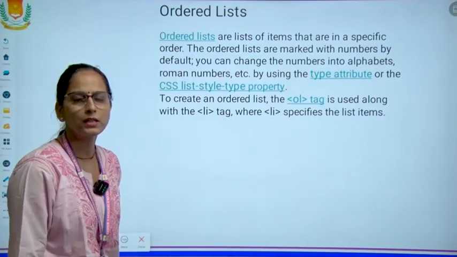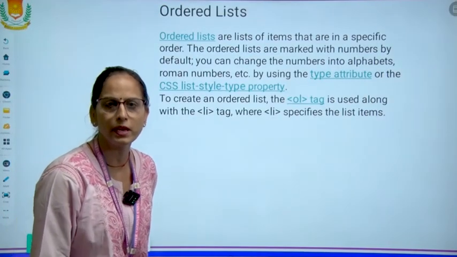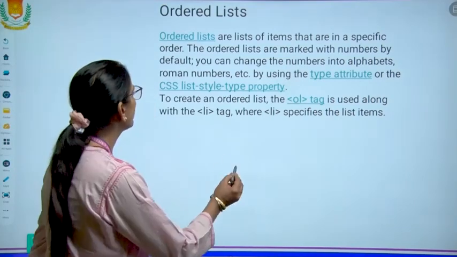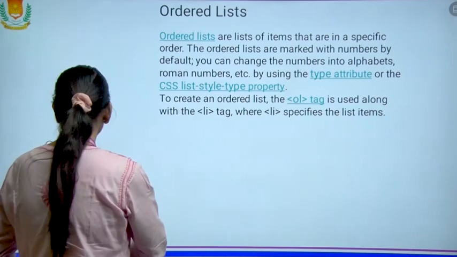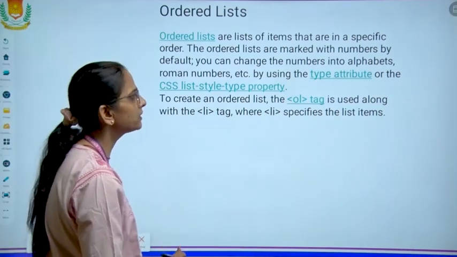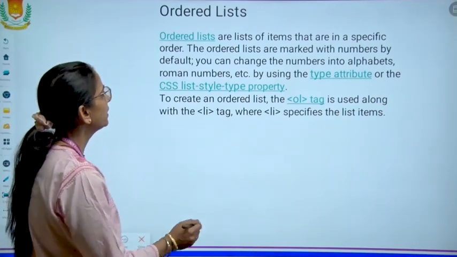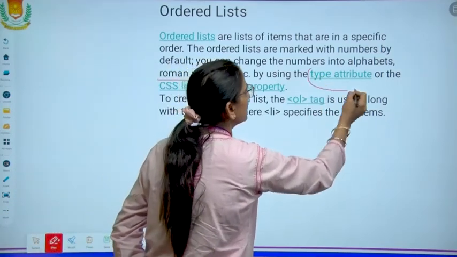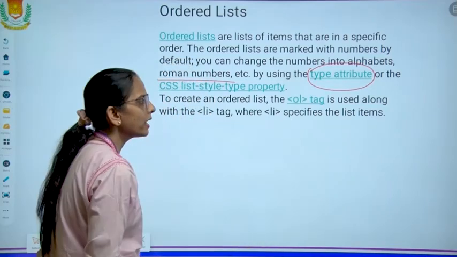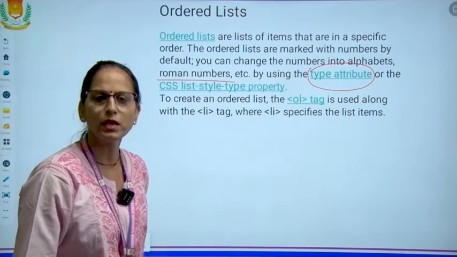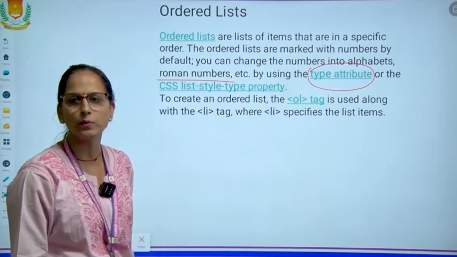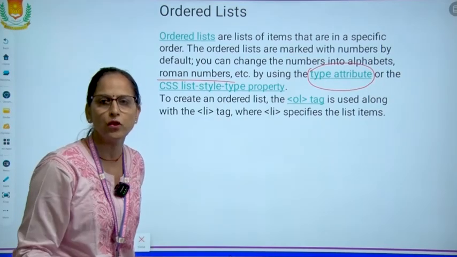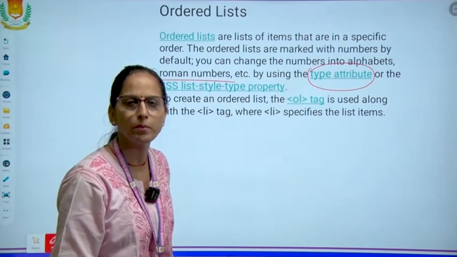Now another kind of list is the numbered list. A numbered list can also be called the ordered list. Your ordered list displays your list with numbers, alphabets, and Roman numbers also can be there, and this can be defined with the type attribute. In both lists we can use the type attribute. The type attribute adds the specification for the numbering, which kind of numbering we want.